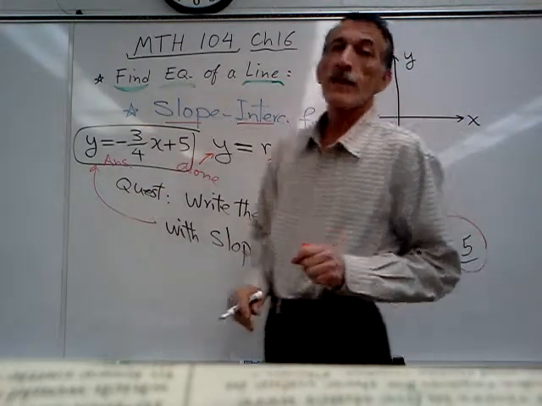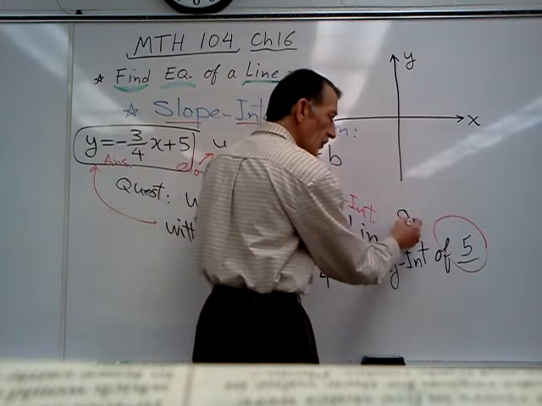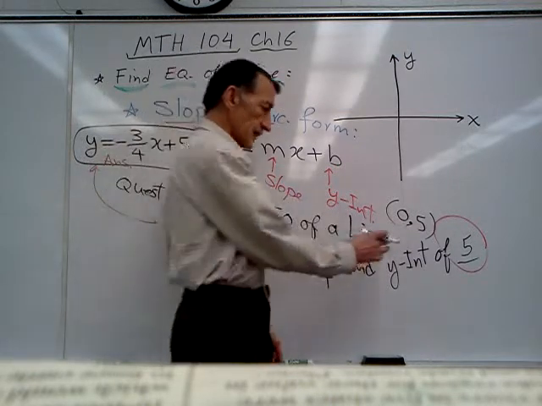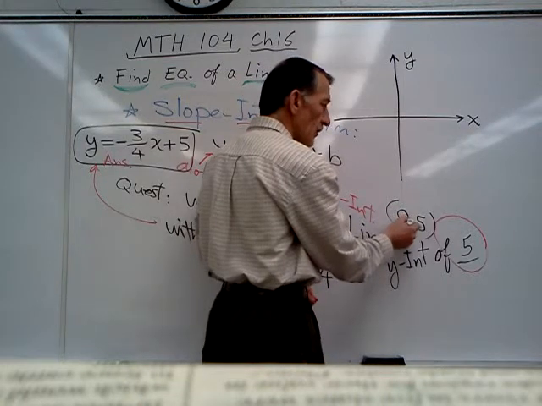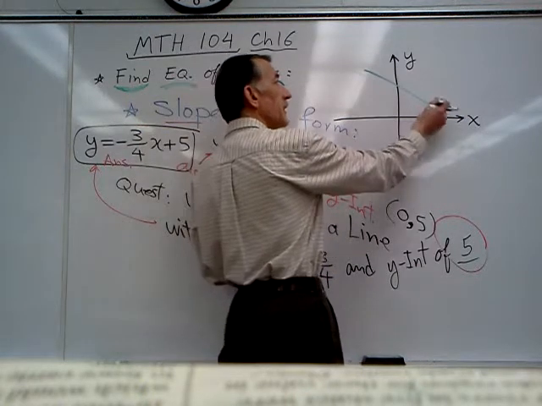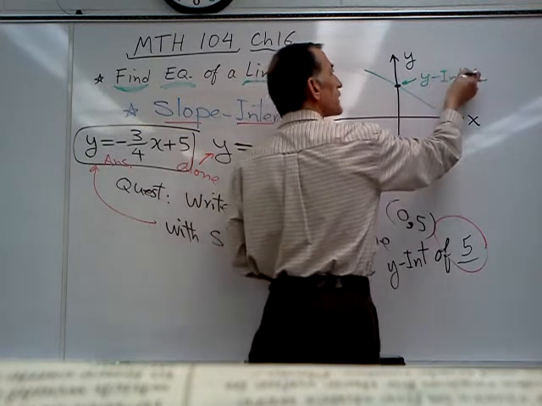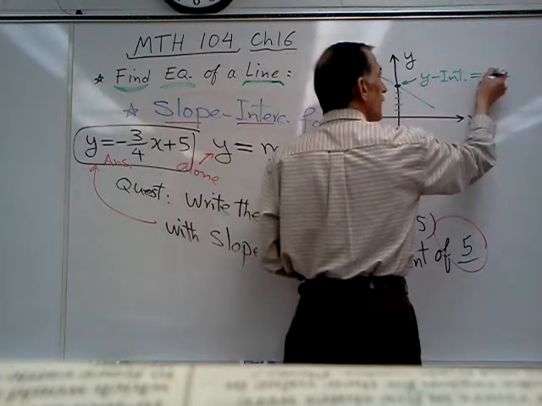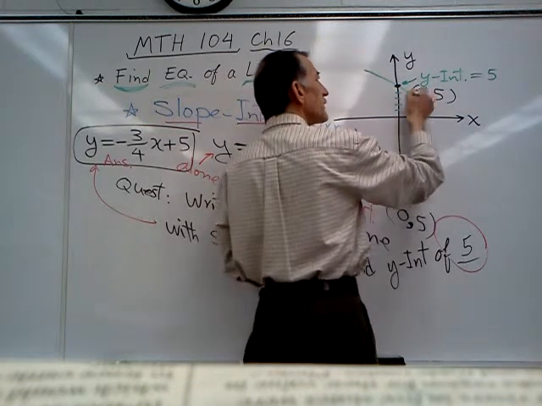But sometimes they don't say the y-intercept is 5. They say the y-intercept is 0,5. If they say it's 0,5, that's the same thing. You know that any point on the xy graph should have two coordinates, one coordinate for x, one coordinate for y, and if a line goes through the y-axis, that point is the y-intercept, and the y-intercept, for example, is 1, 2, 3, 4, 5. You could write it as 5, or you could write it as 0,5, because every point on the y line